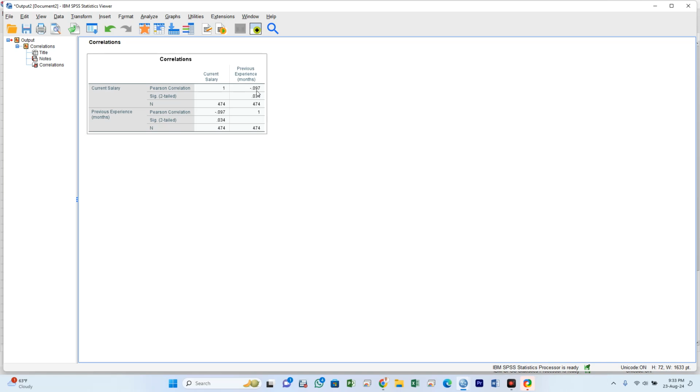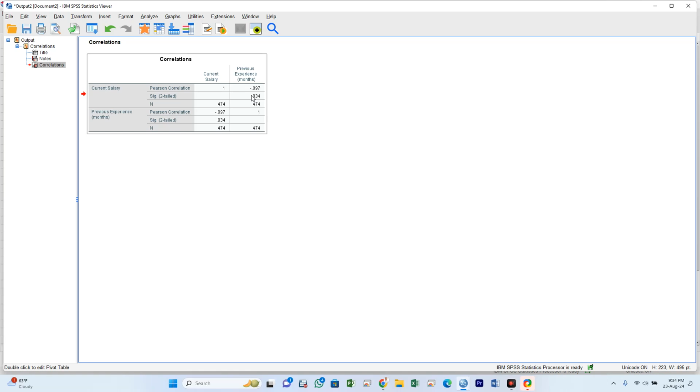The p-value here, this two-tailed. But actually, I forgot to tell you, for you to get the p-value, just look at this significant two-tailed, you will see it there. So let's look at our p-value. The p-value is always equivalent to this sig two-tailed here. So what are you seeing there? It is 0.34. So we said if the p-value is less than the alpha value, which is 0.05, we say that we